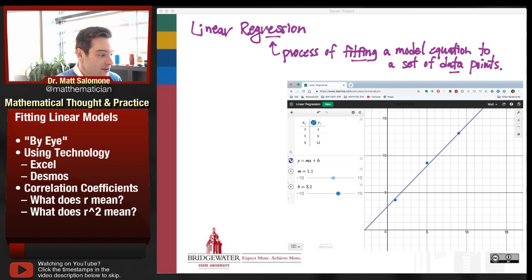But what you notice is that no line that I can draw is going to exactly go through all 3 of these data points. And so either I have to give something up. Either I have to forget one of these data points, in which case of course I can draw a straight line that passes exactly through any 2 of them. But I would much rather not do that if I can avoid it. So we can either forget all but 2 data points,